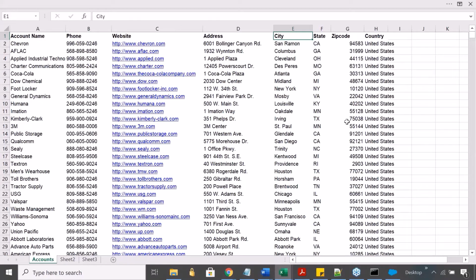Once your file is ready, what is it that you have to do? You have to save it in a CSV format. From File, Save As, you can save it in .csv format. Once it is saved in the CSV format, you have to go to the Data Loader. Now let me go to Data Loader and try to import.